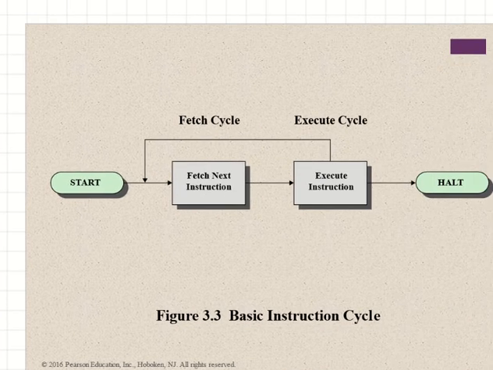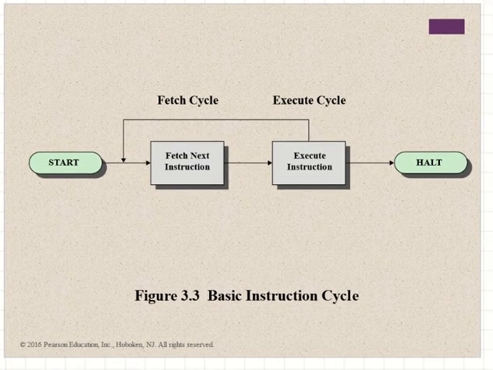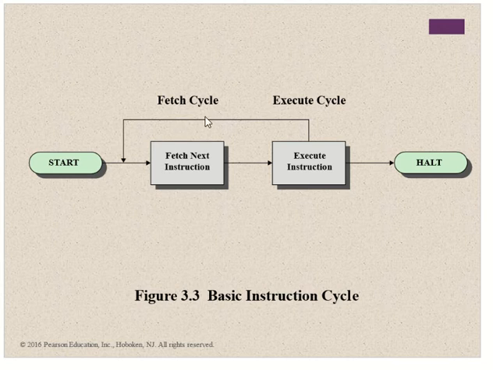Let's move on to the instruction cycle. This is what you call the basic instruction cycle. So let's assume that you are executing a program. There should be some stages in the execution of your program. So what are the stages? Fetch cycle, execute cycle. What do you mean? Fetch cycle, it fetches the instruction. Execute cycle, it executes the instruction. From where does it fetch the instruction? From the memory. Because what John von Neumann said, the program and data are in memory, read-write memory. And every location in the memory has an address. They are addressable locations in the memory.